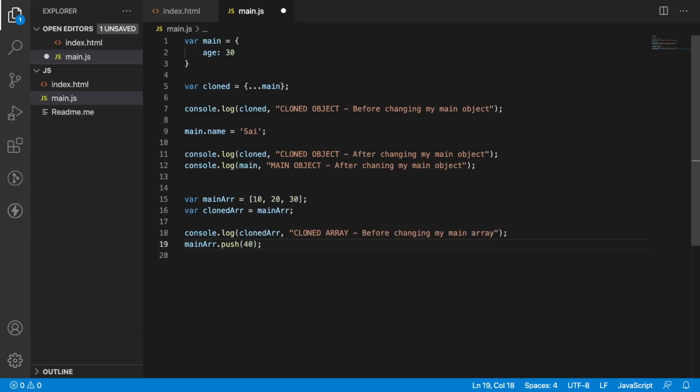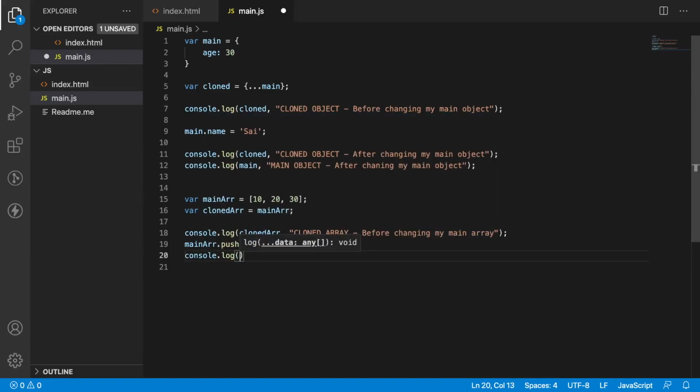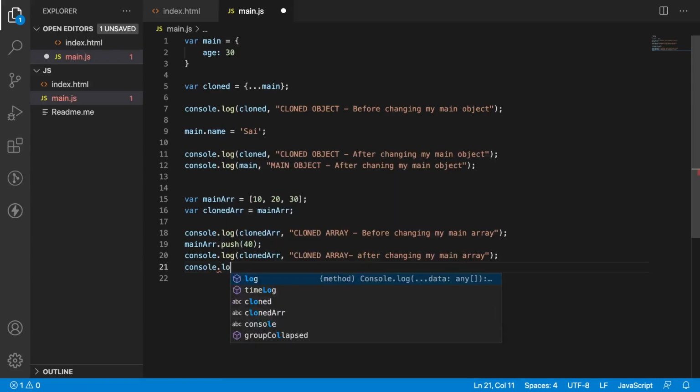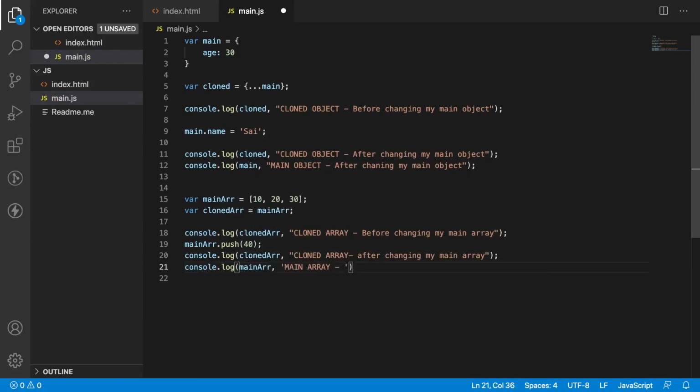So I'm trying to push the 40 value. And now let me print one more console.log of the cloned array after changing my main array, and also let me print our main array after changing the main array.